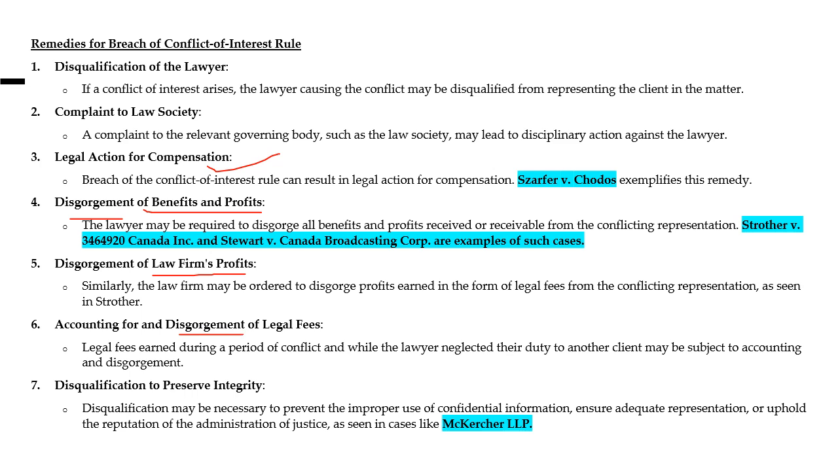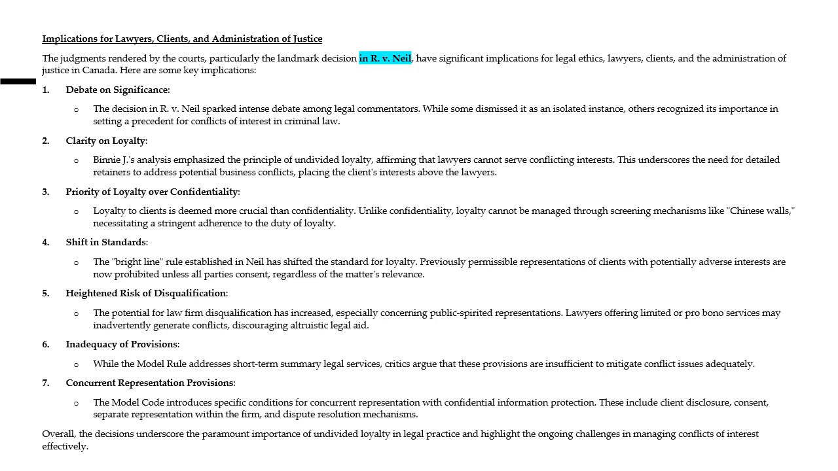Accounting for and disgorgement of any legal fees during the period of conflict. Then, disqualification to preserve integrity. Disqualification may be necessary to prevent the improper use of confidential information, ensure adequate representation, and uphold the reputation of the administration of justice. What are the implications for lawyer-client relationships and the administration of justice? Judgments rendered by courts, particularly the landmark decision R versus Neal, have significant implications for legal ethics, lawyer-client relationships, and the administration